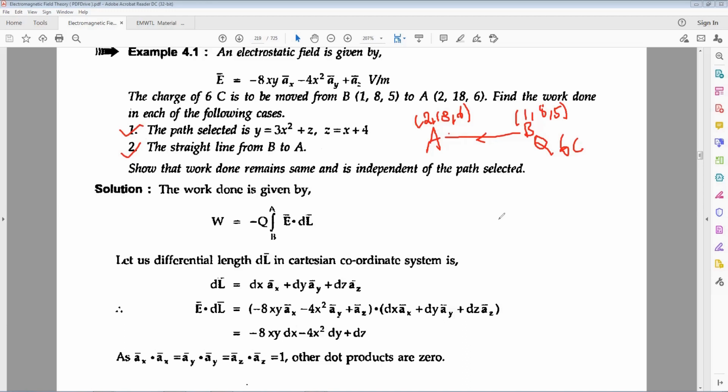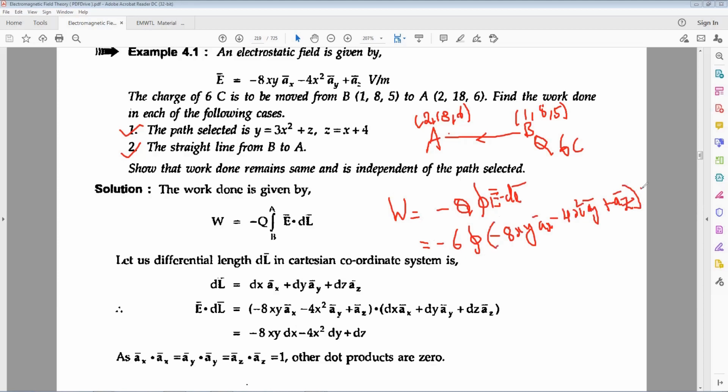The formula is W equals minus Q integral E dot dL, with Q as 6 coulombs and E bar given as minus 8xy ax bar minus 4x square ay bar plus az bar, dot